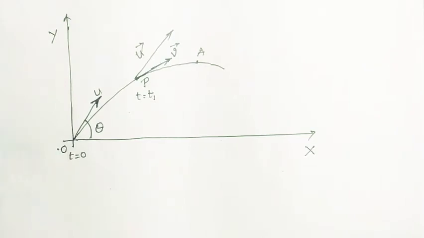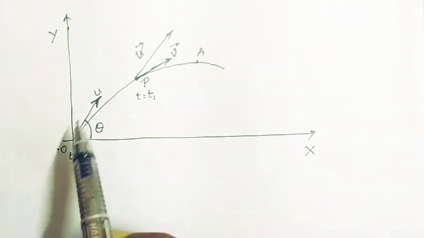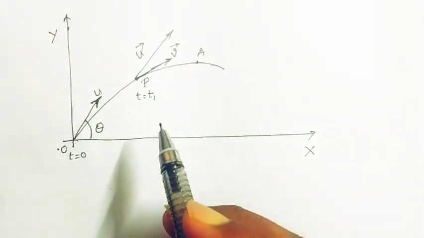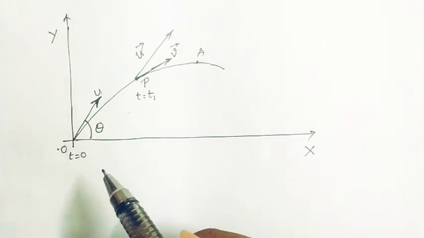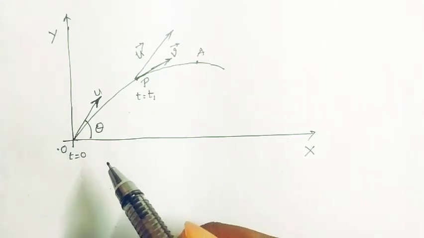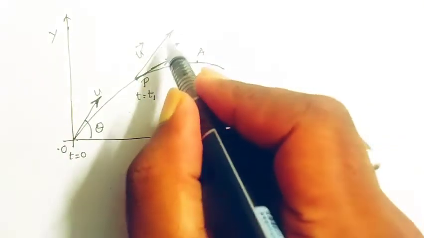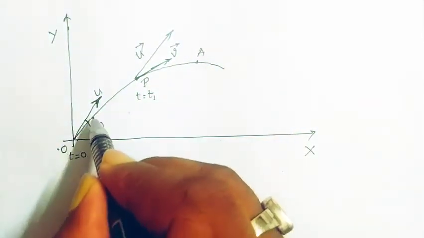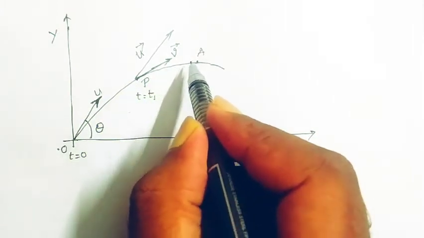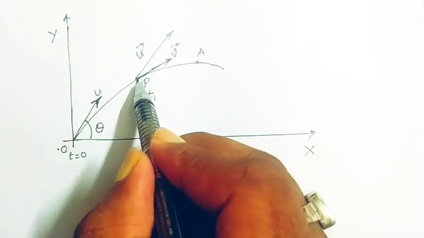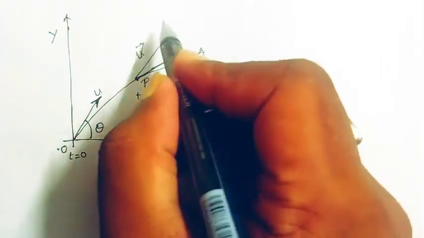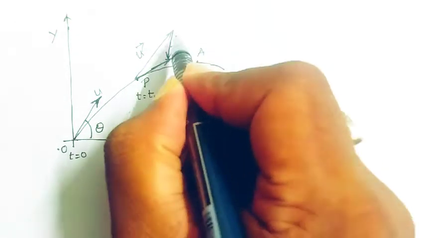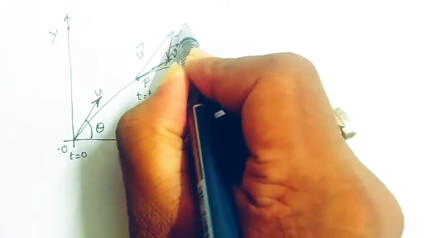Okay, and here if I am talking about acceleration in the case of projectile motion, which acceleration is basically playing the major role here? The acceleration due to gravity, that is g, which is acting along the negative y-axis like this. So if it acts at each and every point on this trajectory, then at the point P it should act like this. So we can say this is minus g vector.